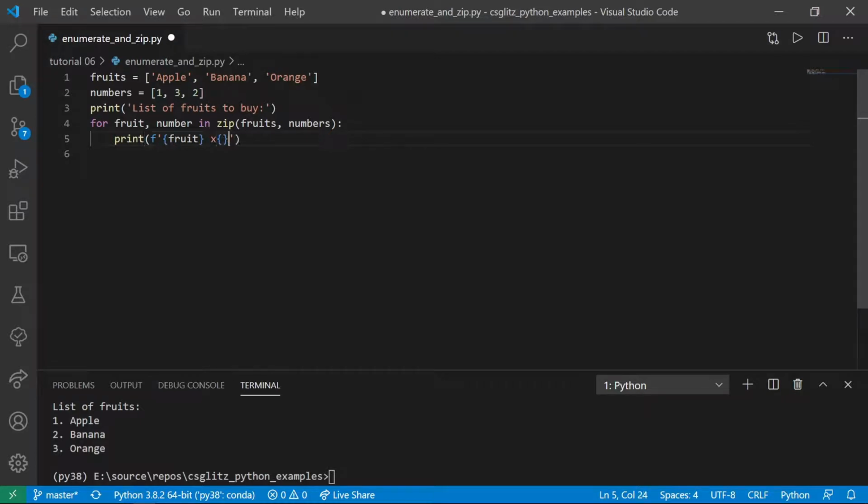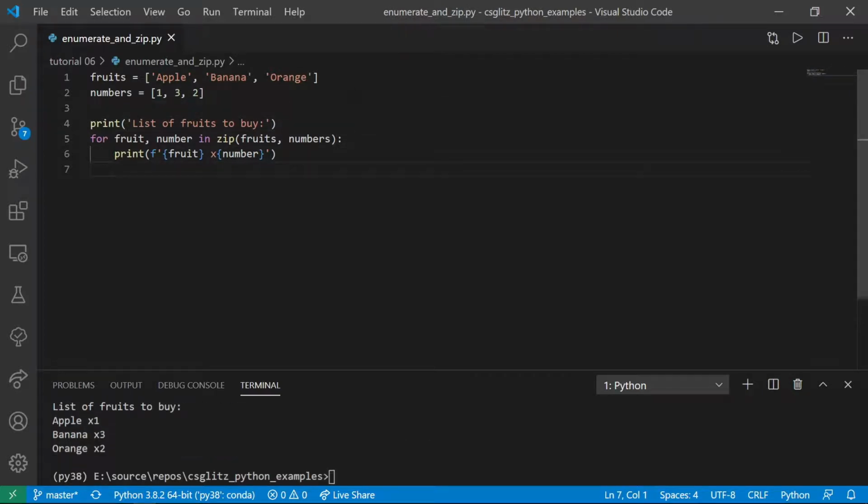Order is important. It will stop if any of the lists end. As we can see, this is very useful.